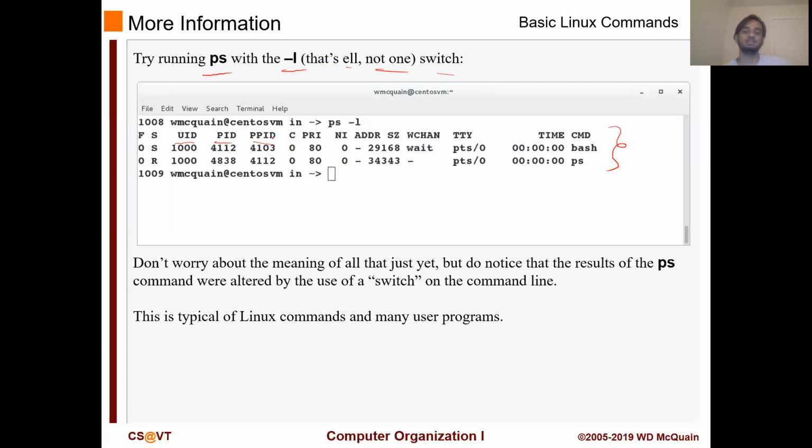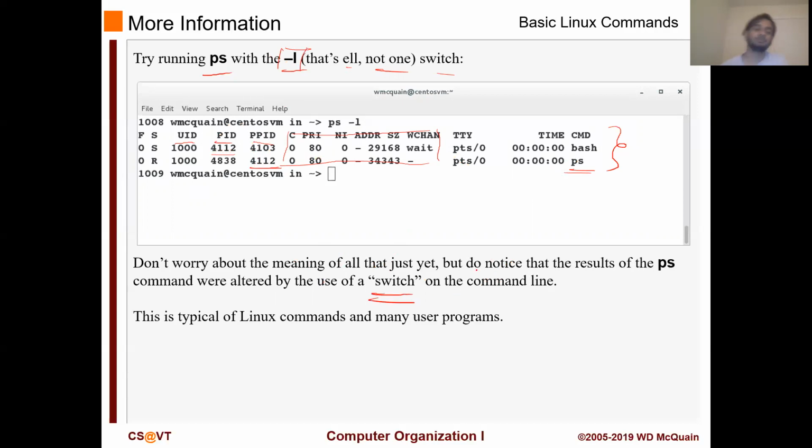So whoever is running this current program, for example PS, will have the PPID of its parent, which in this case is 4112. And this is probably way too much to understand for now, so I'm going to skip on that. So the thing you have to learn from this part is that by using -L, we are